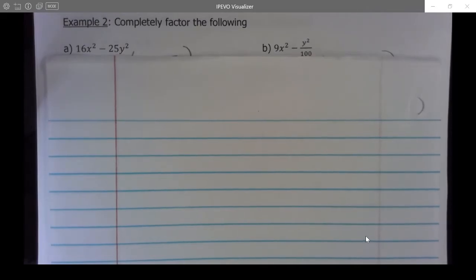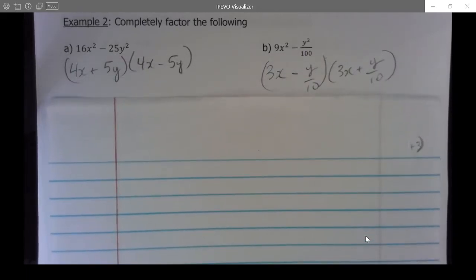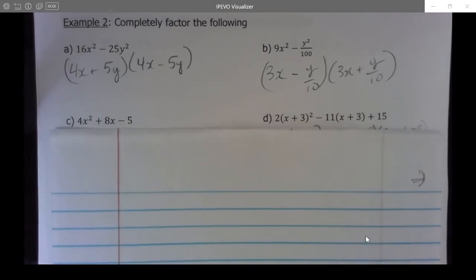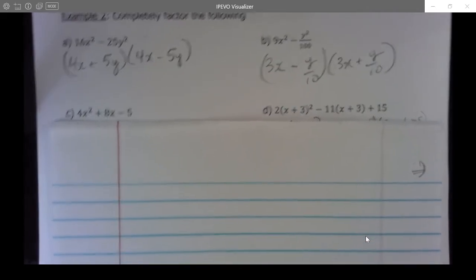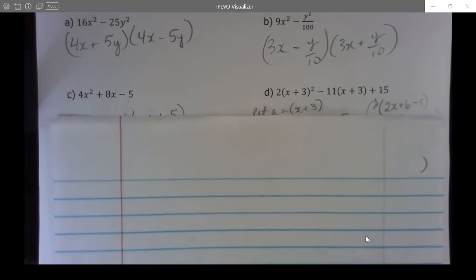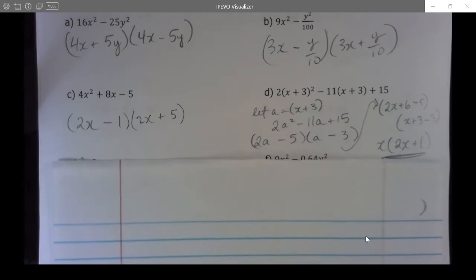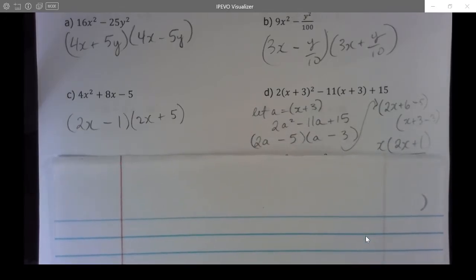So anyway, A and B are both differences of squares, so they both make conjugate pairs. Check those out. The next couple here, B and C. The C is one that I would do by decomposition. I didn't actually show my work. I kind of just did it in my head. But D, we're going to use that strategy that we called